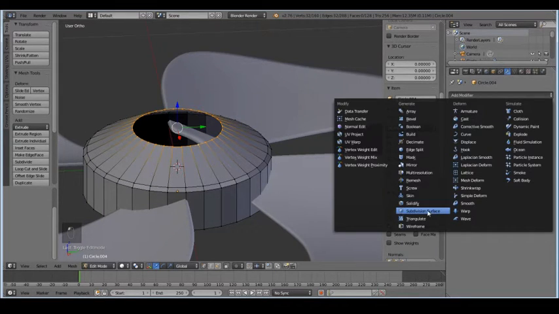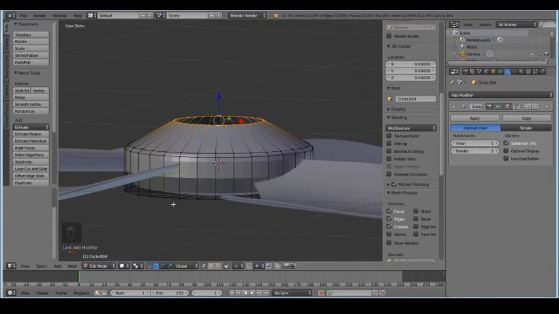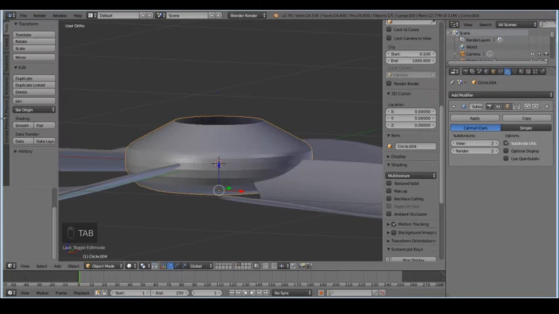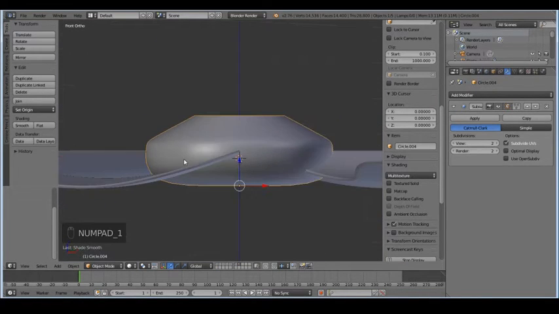Let's just go to the subdivision subsurface modifier, and if we go to smooth, let's see, yeah, okay,